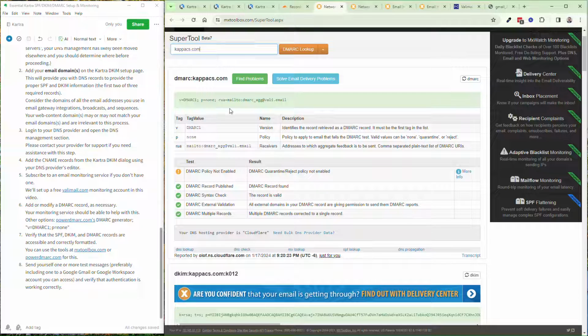It shows that it found the record. Everything here basically has a green check mark except for the policy part. This is because at the moment I have policy none. It's basically just in a recording mode to see how the email will be evaluated if I apply a stricter policy. So they're basically saying I'm not using a quarantine or a reject policy, so it's not going to actually affect any email other than determining whether the emails that are being received are successfully passing the SPF and DKIM